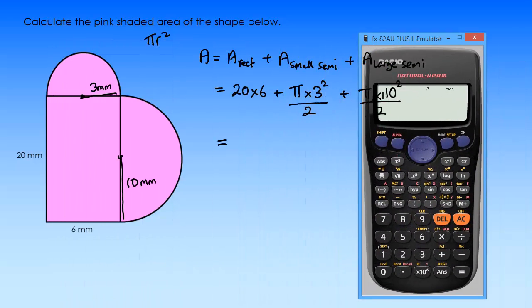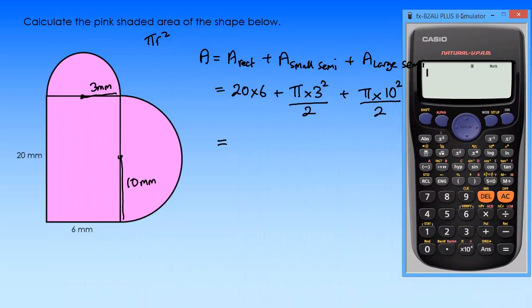So let's bring in our calculator. And we have 20 times 6. Then I'm going to add that to pi multiplied by 3 squared. Divide that by 2. And then I'm going to add to that pi multiplied by 10 squared. And divide that by 2. That gives me